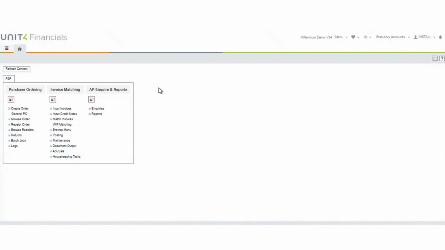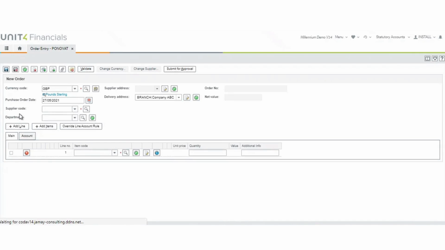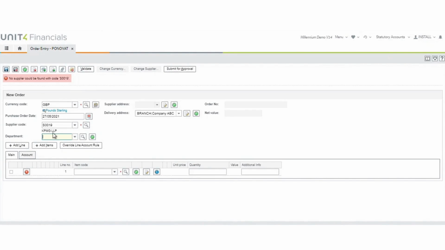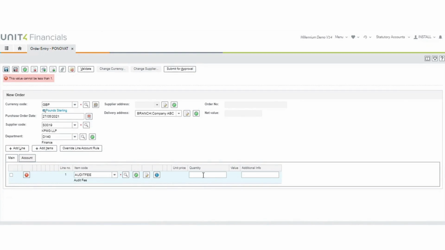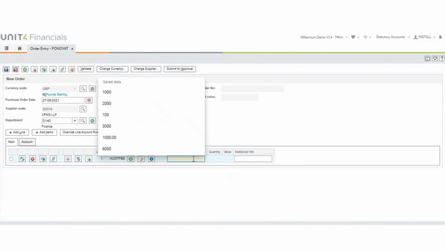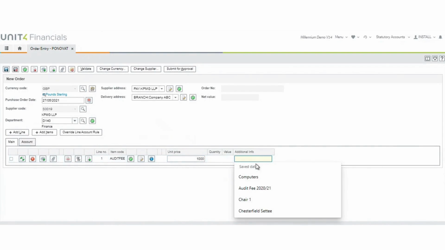First, I'm going to demonstrate how Unit4 Financials can work without VAT being matched. I'm going to create a purchase order. I've kept it very simple, as you can see. I'm going to add the supplier, for example, KPMG. The department is finance. For the item code, let us say it's going to be audit fees. Unit price is £1,000, and additional information we will say audit fee,